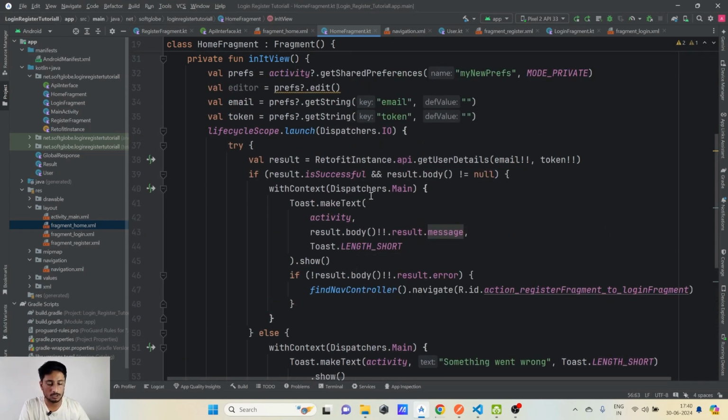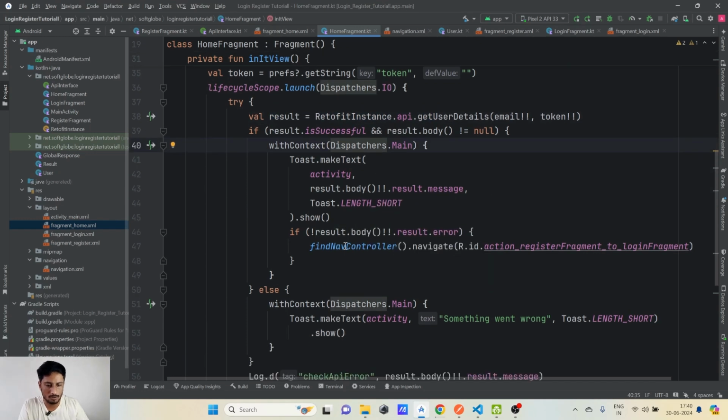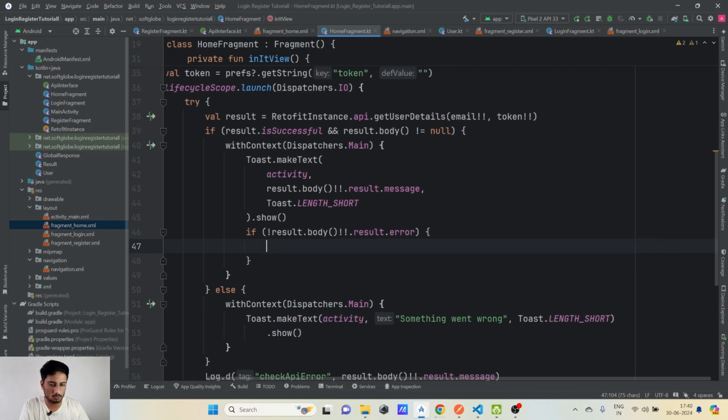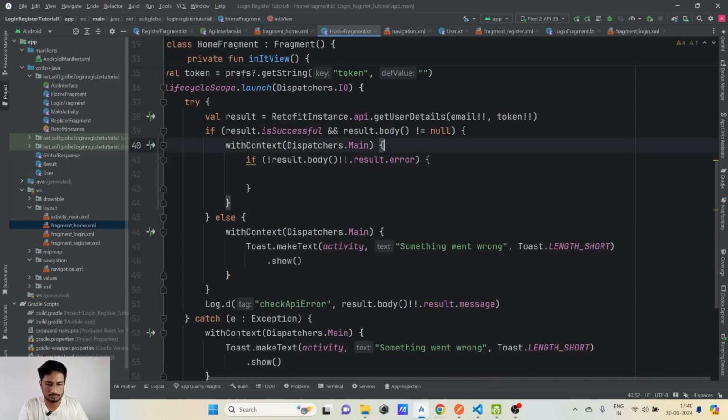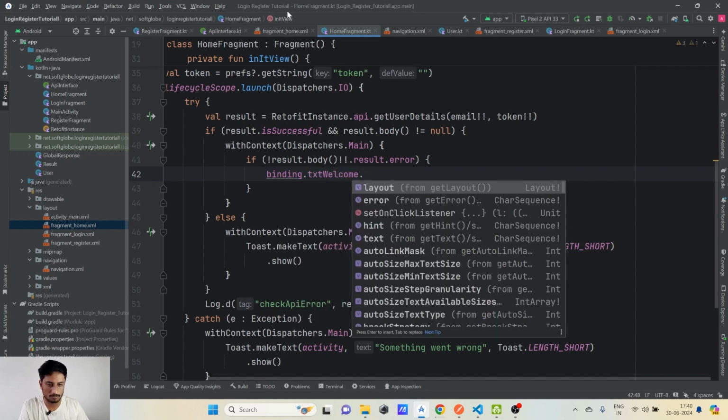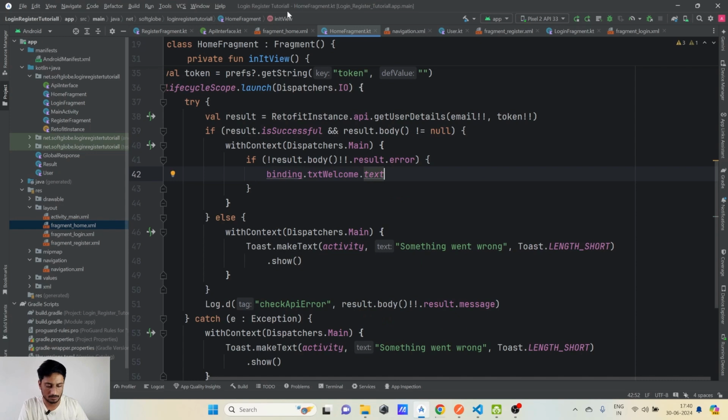So after the user navigates to the home fragment, we will first create an API call, and after that API call is successful, what we need to do, we don't need to navigate anywhere. Instead we only need to do one thing, and we don't need to show this toast message as well. What we can do is update a text view. So let's write binding.textWelcome.text equals